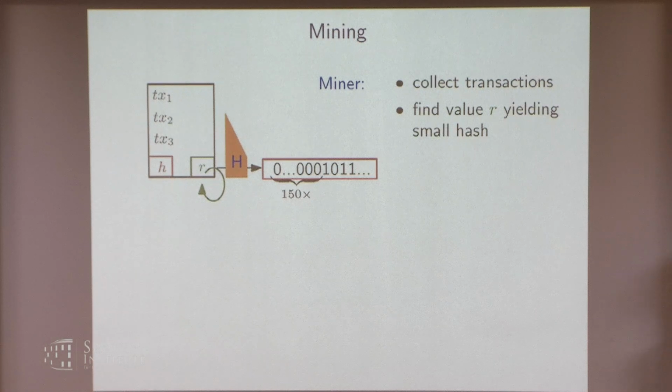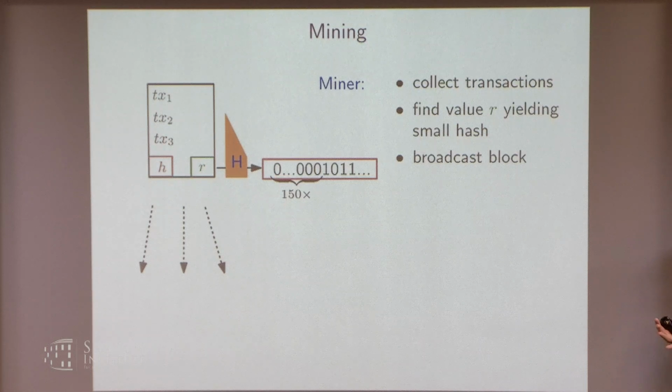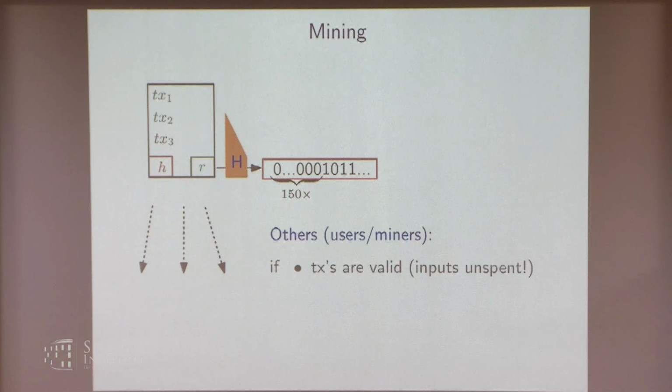So now the idea is that proof of work prevents Sybil attacks because everyone's chances of finding a valid block are proportional to their computational resources and not to how many identities they pretend to be. So if I'm a miner, I want to create a new block, I collect transactions, I solve the proof of work. If I'm lucky and I solve it, I just broadcast this block to the network. So what do other miners do? That's what the protocol specifies, and we'll see that that's also a good strategy to follow.